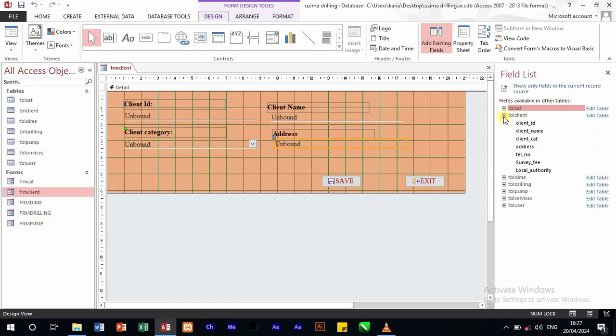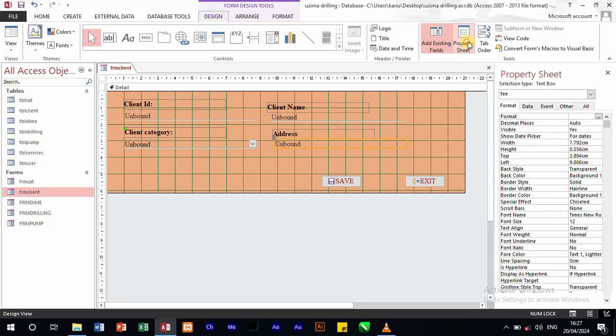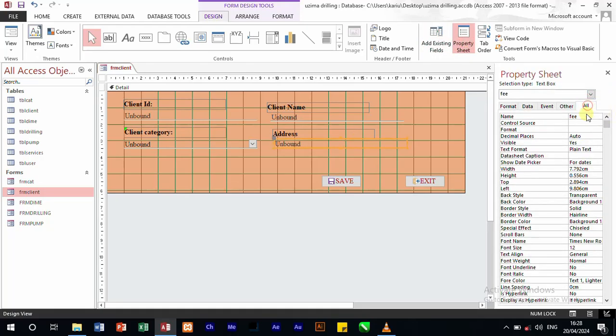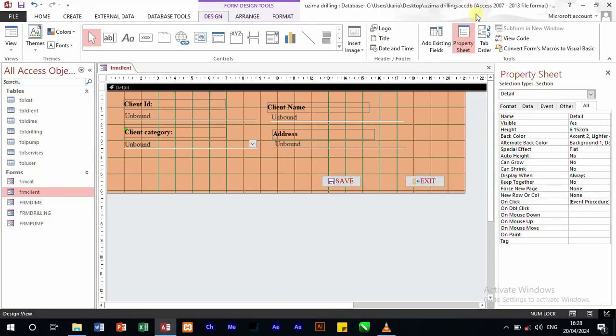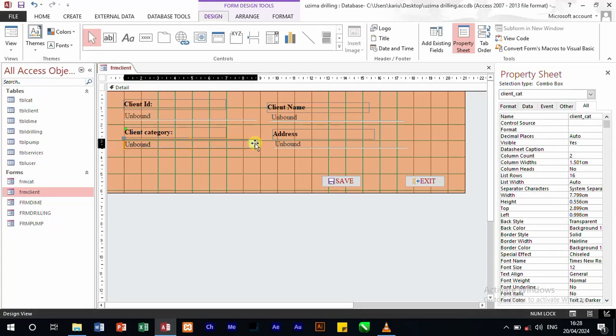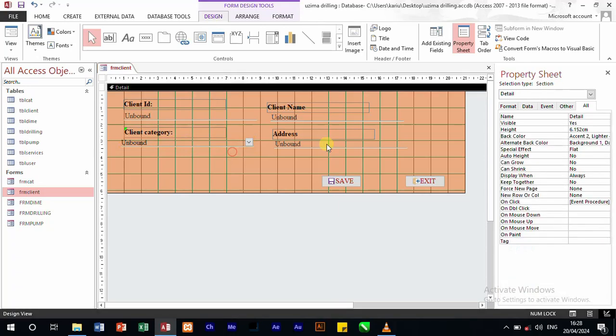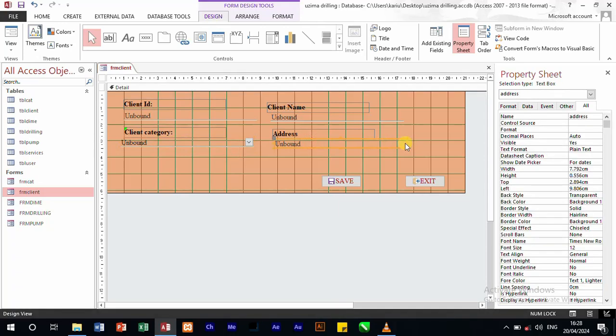This one will be the address. Okay. So this one you are going to call address. So this one you can minimize so that you can have three of them or two of them. So this one you can minimize it up to there,